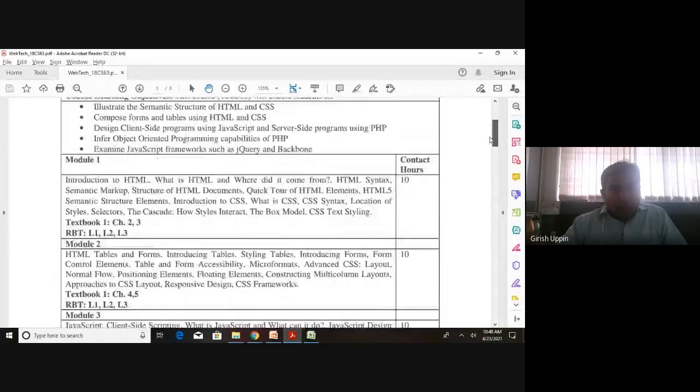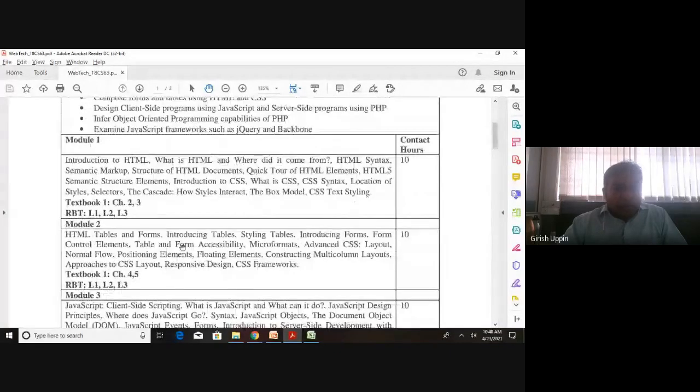So module one, from that book, we start with chapters 2 and 3. Chapter 1 is the introduction. Let us not start directly with HTML. Let us get some background about web technology, which is covered in chapter 1. We will have a better understanding of HTML and all the web related technologies if we have a basic understanding of how web technology and its applications started, and what the history behind it is. So we'll start with chapter 1.